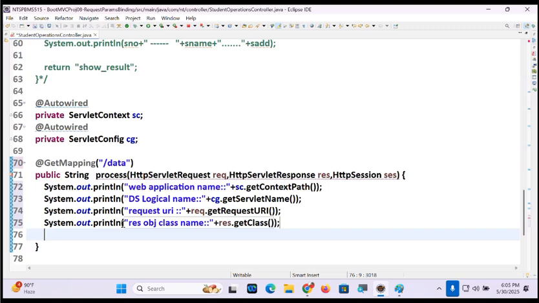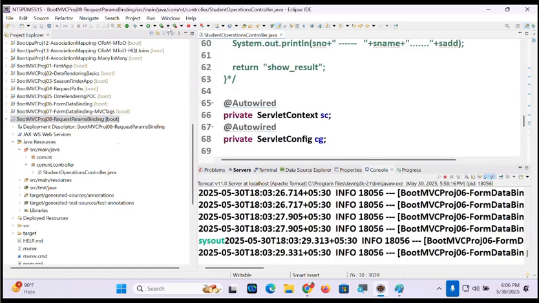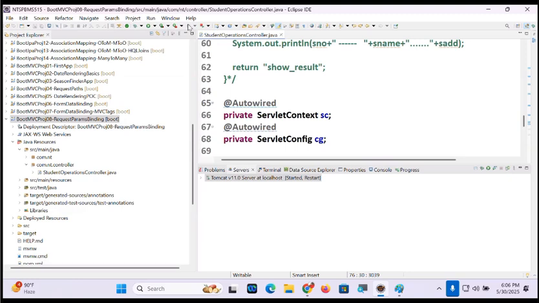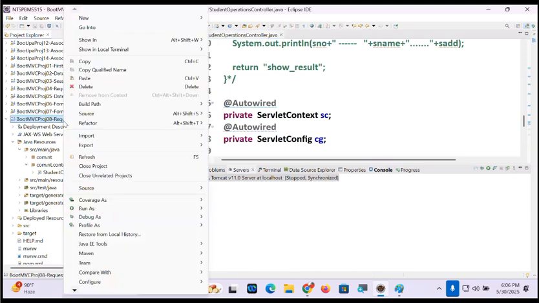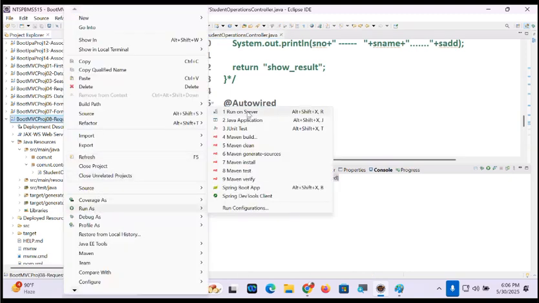Yeah, done, guys. Okay. Return show_result. Return what, guys? show_result. That's great. Right click, run on server.